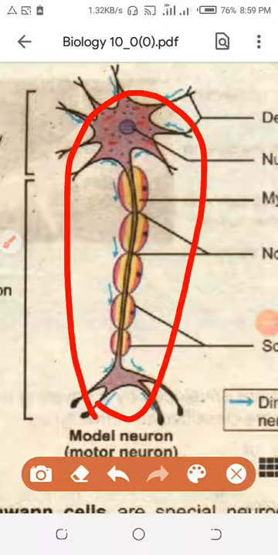So these two parts of the nervous system are all composed of neurons. Unlike the kidney, there is nothing in the nervous system which is without neuron. This is the point which I just wanted to tell you. So this topic is very vast to explain. The neuron is the structural and functional unit of the nervous system. What does this mean? Functional unit means all types of functions of the nervous system.